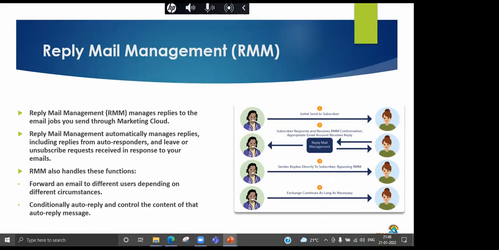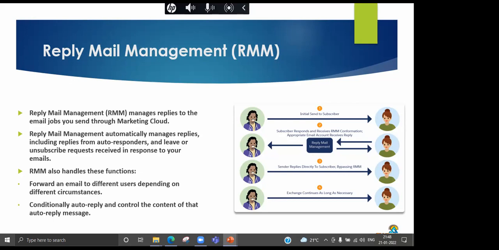Suppose you sent an email to a particular customer, and if he replies, there should be an automated system wherein you take next best actions on the reply received. Suppose you sent me a promotional email and I replied asking you to please give me more information. Then there should be a next best action. Suppose we want to create a case for Sales or Service Cloud people who are giving services.